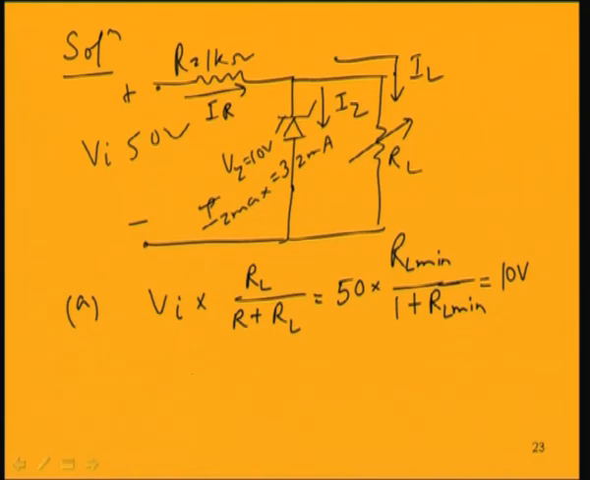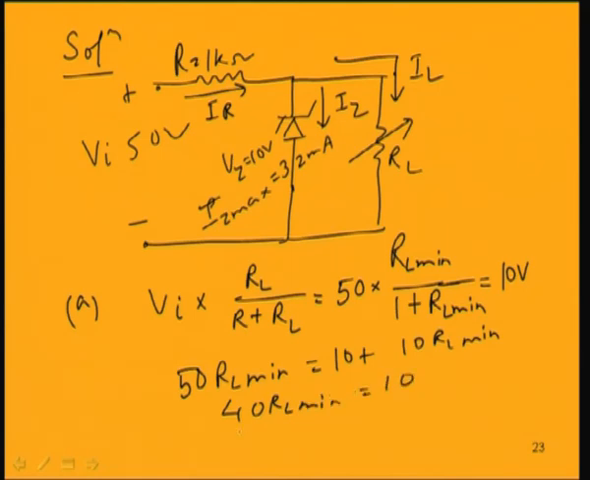That can be found out if we cross multiply: 50 into RL minimum equal to 10 plus 10 RL minimum. So, 50 minus 10 is 40, 40 RL minimum is 10. So, what is RL minimum? RL minimum is equal to 10 by 40, which gives 0.25 kilo ohm. 0.25 kilo ohm should be the minimum resistance of this load in order to cause Zener to break down, and